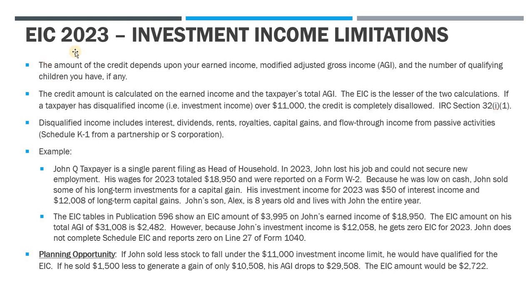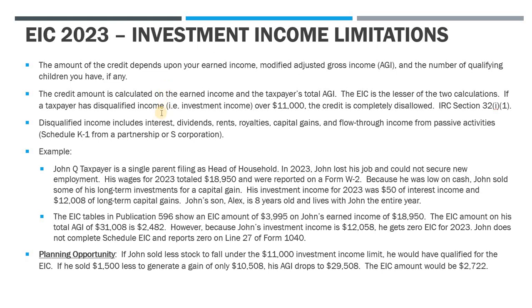So when we talk about the EIC, generally speaking, there's a couple of things to factor in. Certainly your earned income, you have to have at least some earned income during the year. And then we also look at your modified AGI, because the EIC is calculated on your earned income and your overall AGI, and then you generally take the lesser of the two values. The number of qualifying children you have certainly is a factor because that would increase the EIC amount. You don't need a qualifying child to claim the EIC, but if you do have children, it definitely increases the